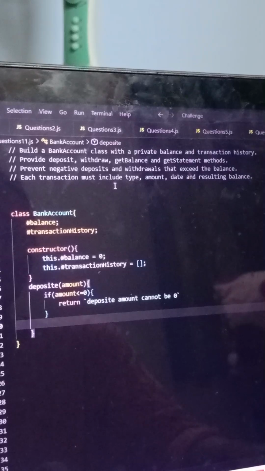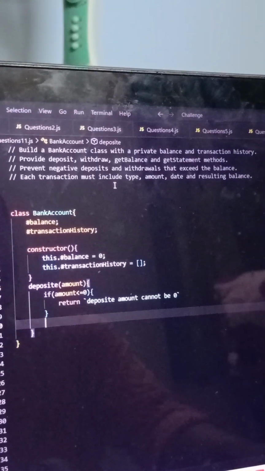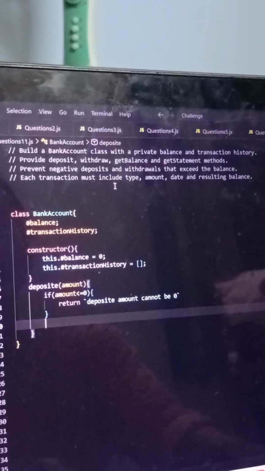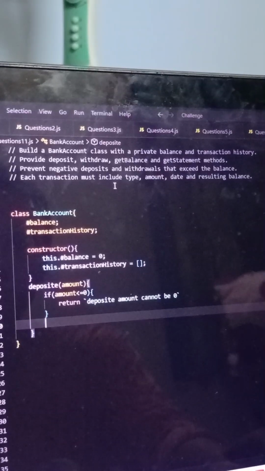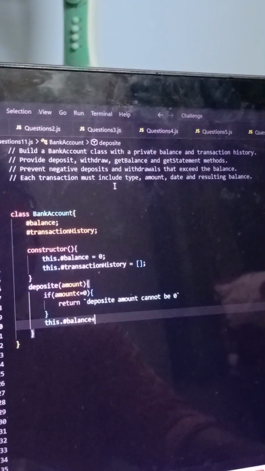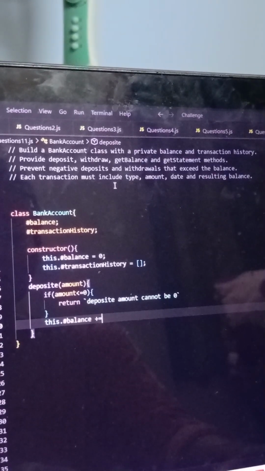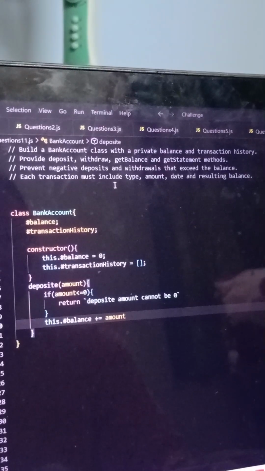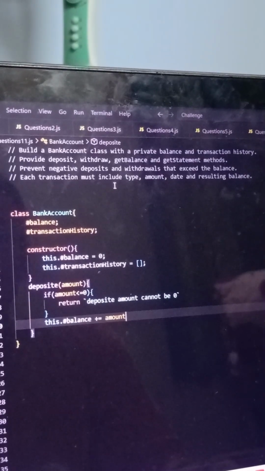And similarly, the amount cannot be 0. We are going to add the deposit, right? So as we can see here, this.balance plus equals the amount, so we are going to put the amount, right? So basically after this, what are we going to have is